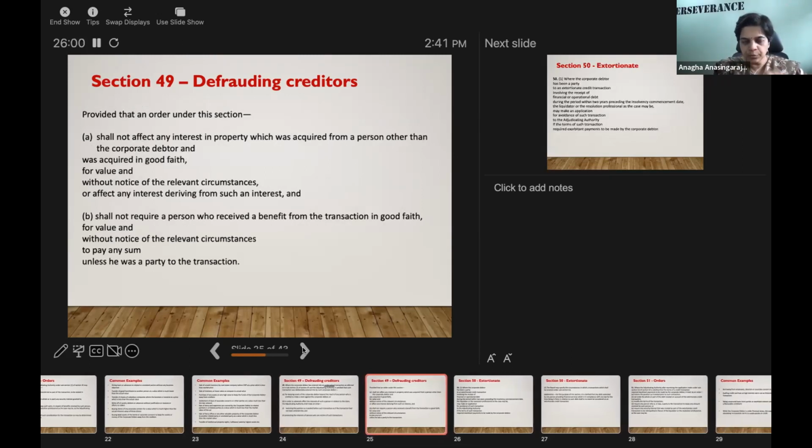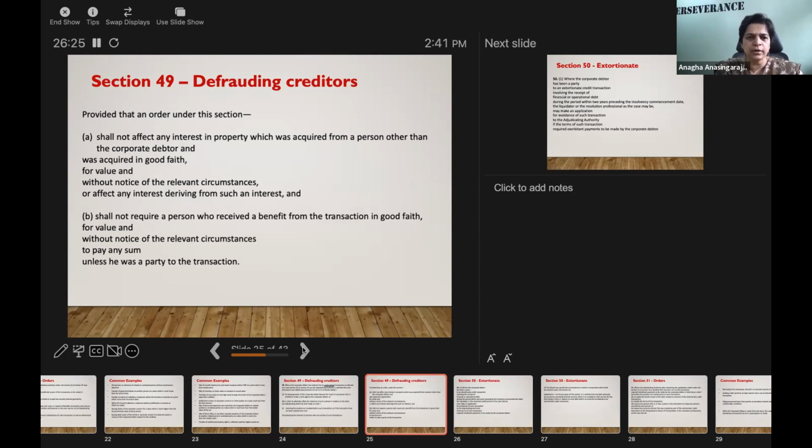Provided, now there's a proviso here, provided that an order under this section shall not affect the interest in property which was acquired from a person other than the CD. The other similar kind of exceptions that we saw in section 43 transactions. So whether the property was acquired in good faith for value without notice, and